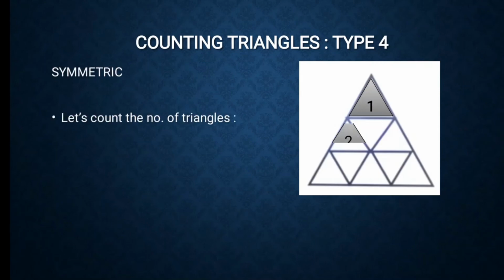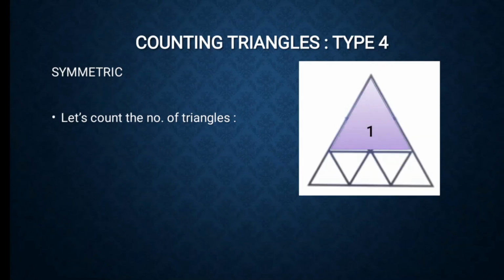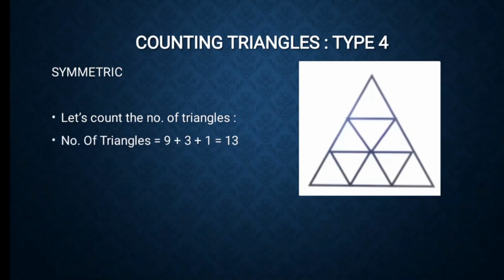So let's start with actually counting the number of triangles. 4 small triangles are here. As you can see, I am numbering them, the smaller ones. They are 9 in number. So there are 9 small triangles, and next I have the bigger triangles with 2 sides each. So how many are they in number? 1, 2 and 3. There are 3 such triangles, and one more triangle, the bigger main triangle, is there. So how many total triangles will I get? I'll get the number of triangles as 9 plus 3 plus 1, that is 13.